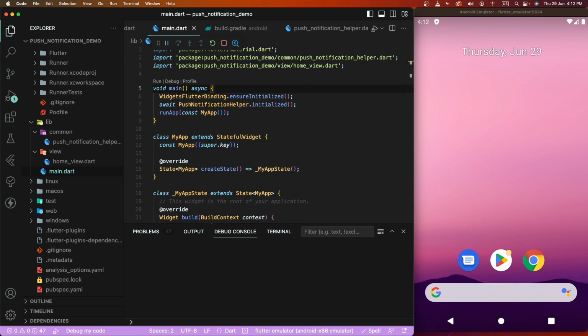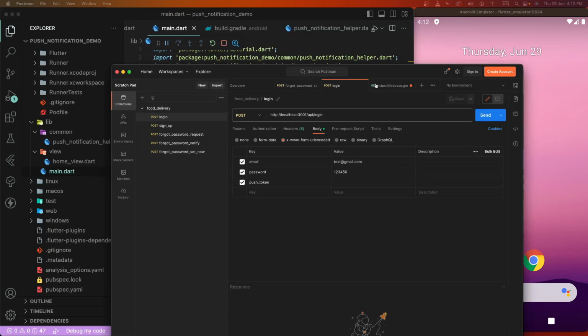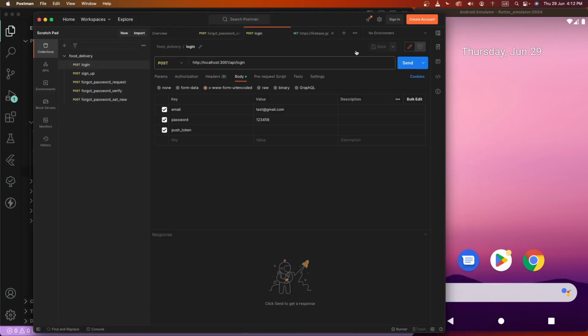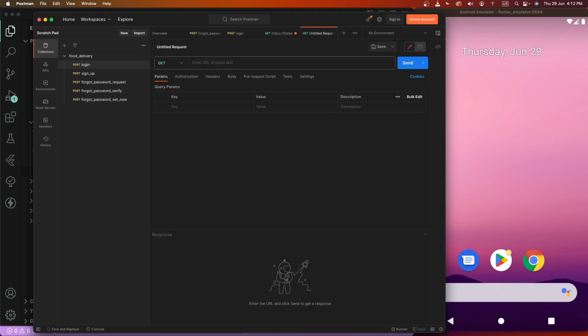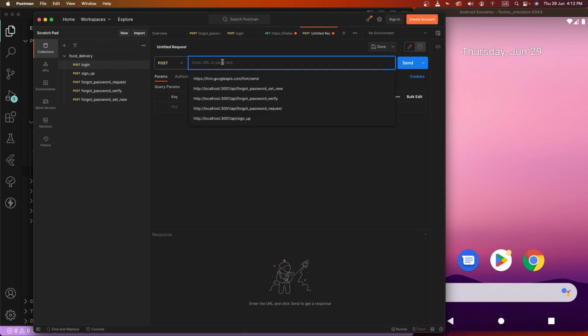And this app run, we need to configure the Postman. First of all, we need to how to configure Postman API to open the Postman, and we need to create here the post method for the Firebase. We need to write down here the post method, and we need to set here the URL as a FCM